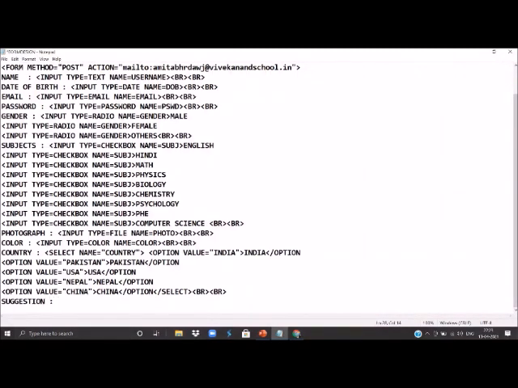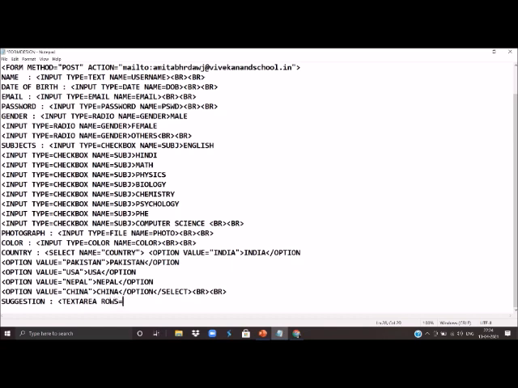For this we can use the textarea tag, and in textarea we can specify how many rows and how many columns we want this text area to be.